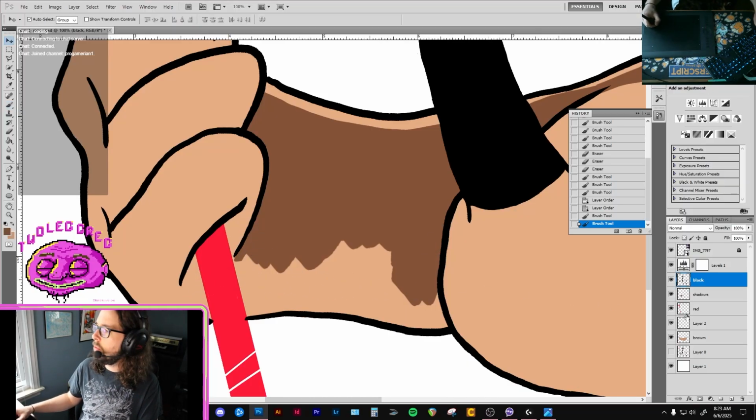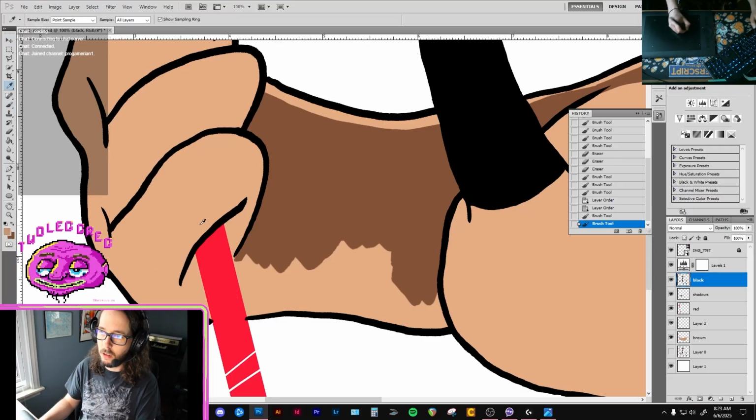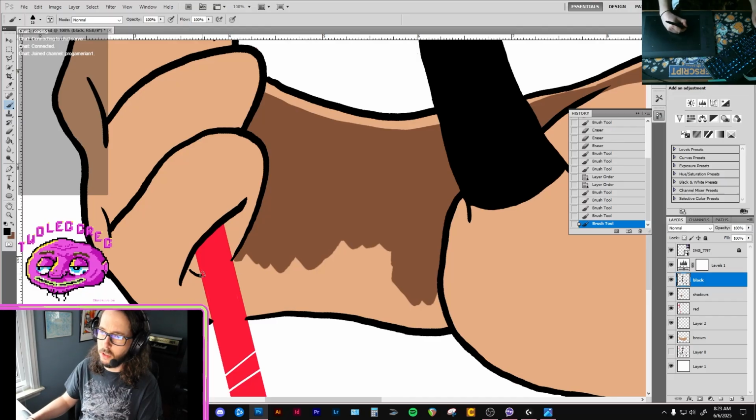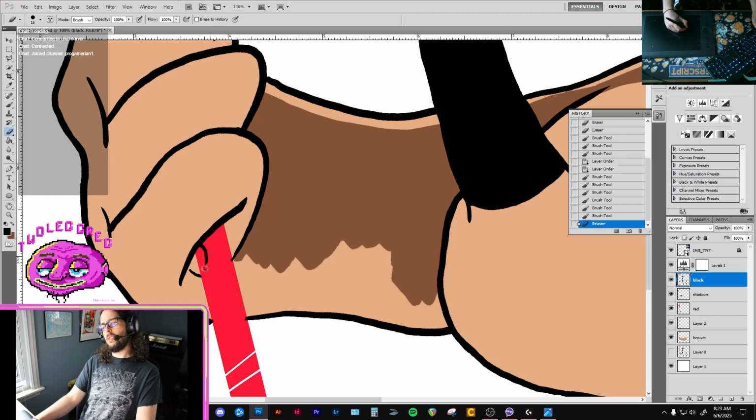Do I need to do something else here? Like wrap this a little more? This finger? This feather finger? Here? Does that make more sense? Does it need to be like this? I don't know. Maybe it just needs to be down there. It's a bird, it doesn't have to look like a hand.